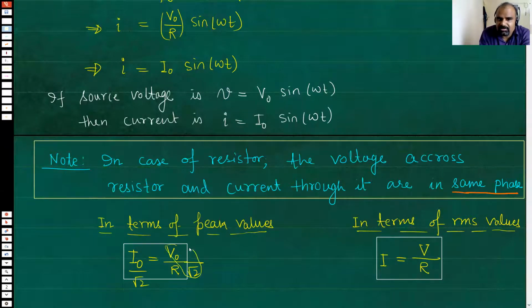What do you get? RMS voltage. What do you get? RMS current. Is that right or not? So if this is true, this will also be true. Whatever relation is true between peak values, the same relation will be true between RMS values. Reason being that RMS value and peak value have a fixed relation between them, that is the multiplying factor of √2. Okay.